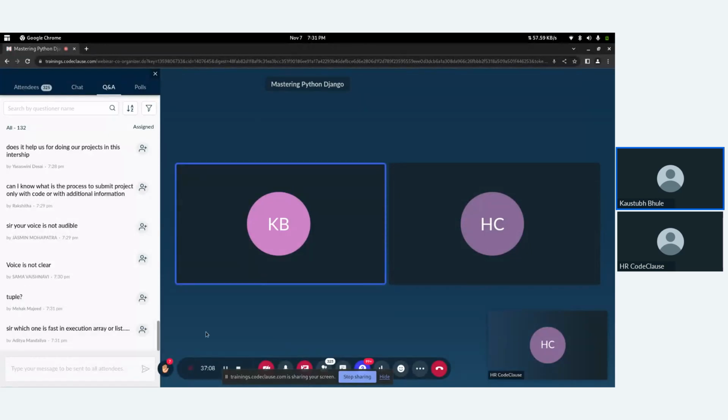Actually, I don't know. I don't have any idea about it. But usually we use list in Django instead of array because we want to store multiple types of data in a list. And don't worry about execution speed. Django is a pretty well optimized framework. When you run Django in production, it will run as fast as possible.